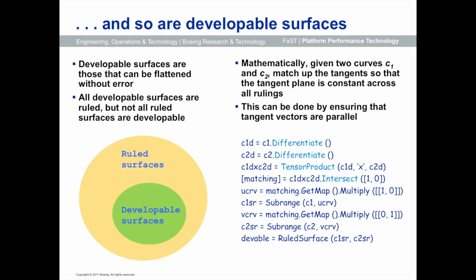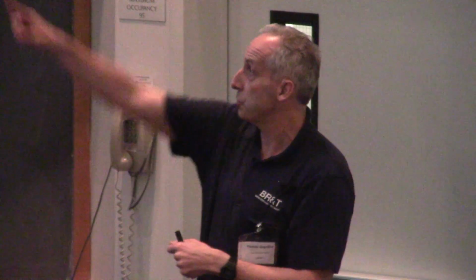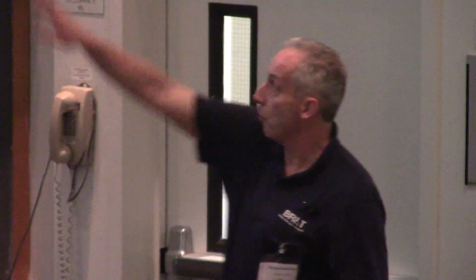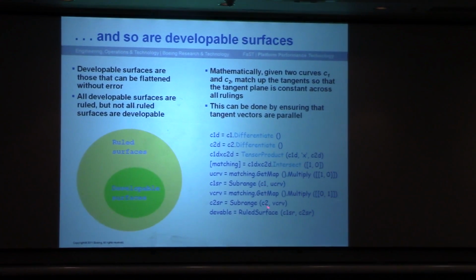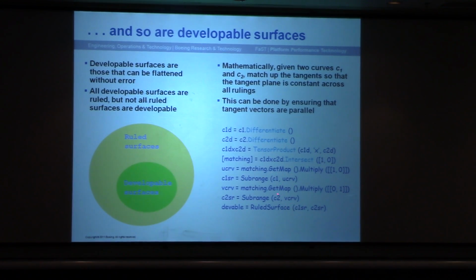I'm really going to be able to get some curve. If I think of my UV space here, which is the preimage of this, going from the point 0, 0 to the point 1, 1, I can find some curve that goes from the origin to the point 1, 1, each point of which will give me in UV space the corresponding points on the two. I can do all of that in GUIDUC right here. Differentiate, take the tensor product, find the zero set, and then all of this is a way of